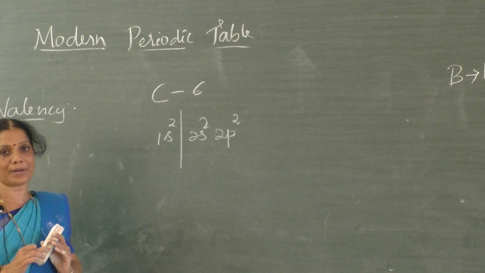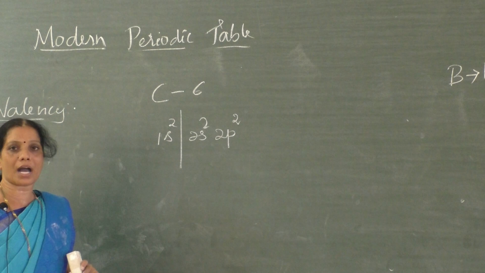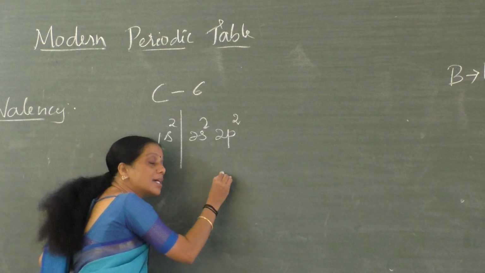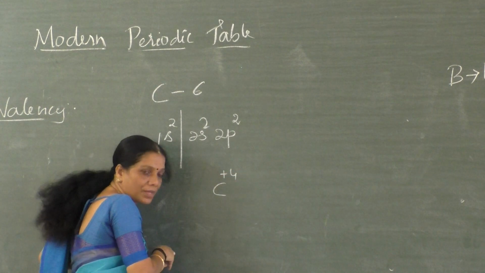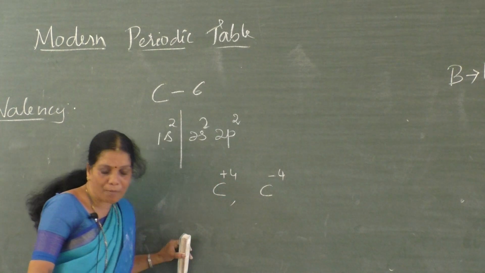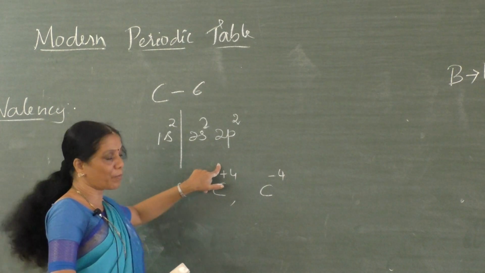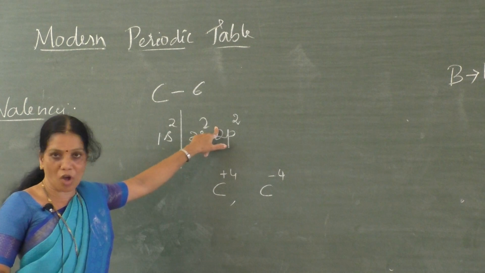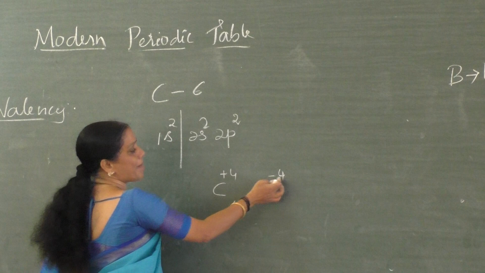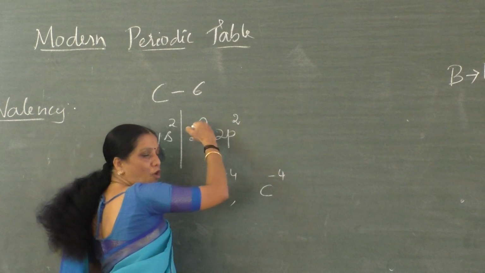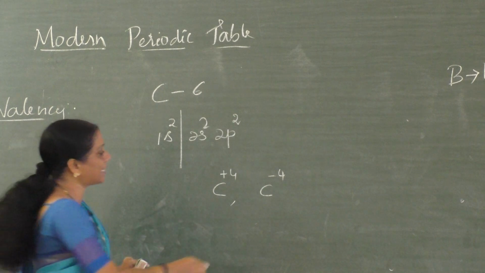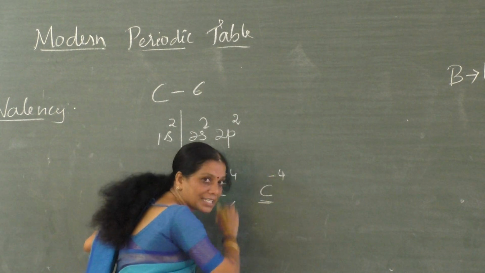But in the case of carbon, it shares its electrons with other atoms, instead of existing in the form of C+4 or in the form of C-4. Followed now? C+4 means loss of these 4 electrons, resulting in the formation of what? Cation, C+4. C-4 means if it gains 4 more electrons, it can reach what? Octet configuration, 8 electron configuration. That is the anionic form, C-4.